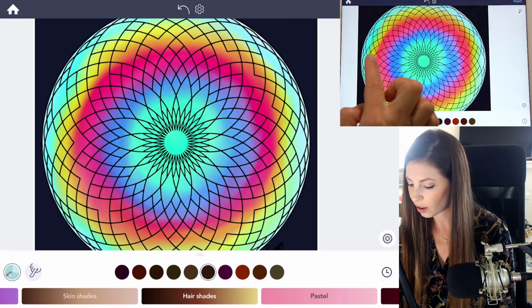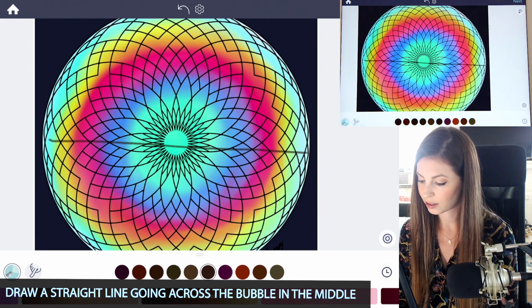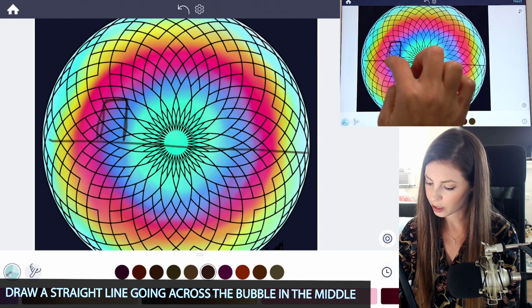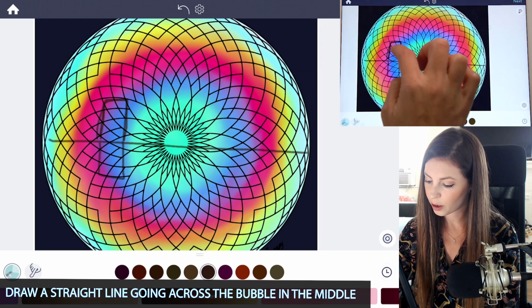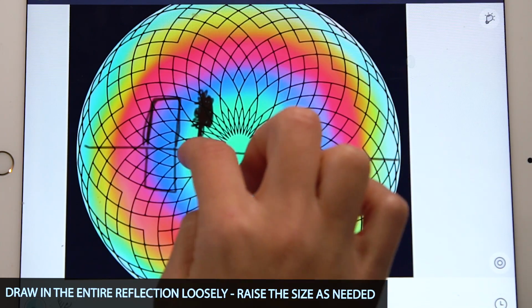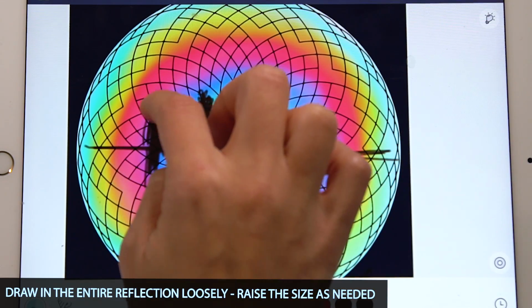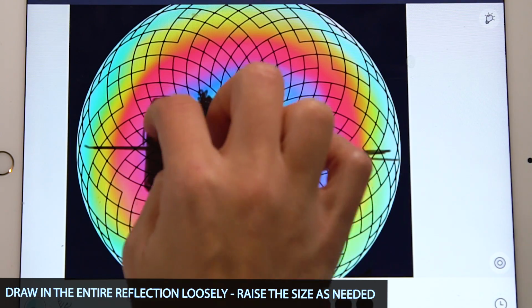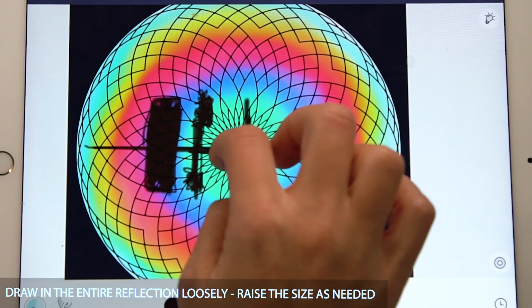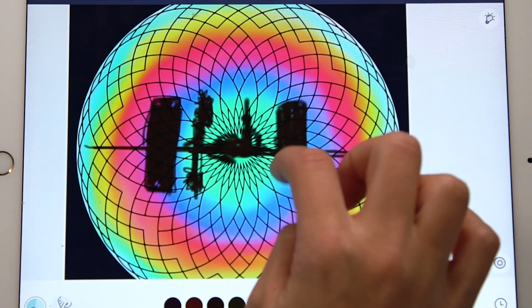So it's starting off looking like there's a straight line just going across the bubble like that. And I see there's a little building and another one reflecting below it. And these are gonna be really loose too, because it's a bubble, so it's not reflecting it perfectly. It's gonna be a bit warped. So you can kind of use your finger and just sort of scribble along. You can raise the size a little bit to fill in some areas and just go ahead and draw the